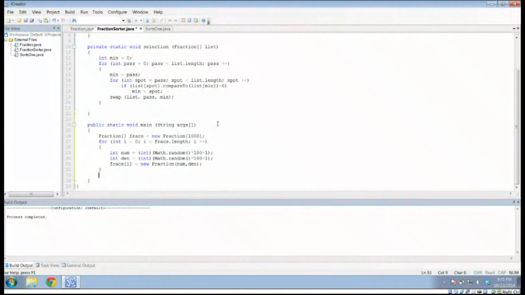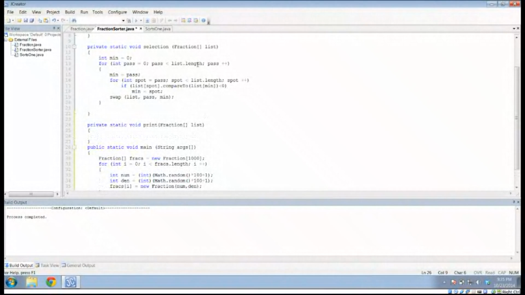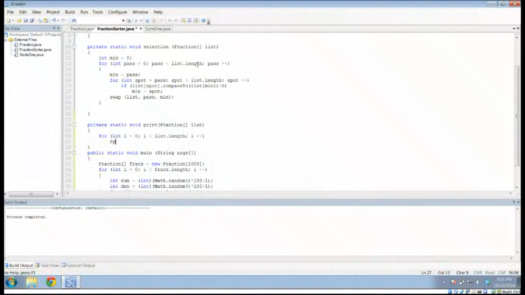And once I've created this list of fractions, now I want to sort. So let me go ahead and use a print method. So I want to print fracs, and of course that means I need a private helper method just like before. So we're going to do private static void print, again passing it a fraction array which I'll call list. And I'm going to set up a loop. So for int i gets 0, i is less than list.length, i plus plus, and I want to